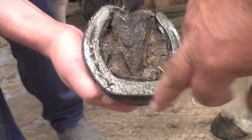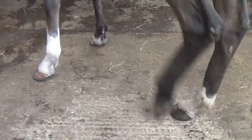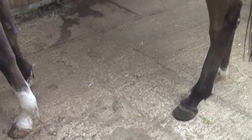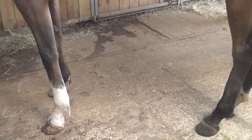But we're going to have to put something on it and roll something up there to protect it. Otherwise he'll be a cripple. You know, he'll be off his feet till his hooves grow. So while Joe's here, we're going to do that. I spoke to you the other night and told you, but that's what's got to happen. And barefooting's just no good. Not with a horse like this. Some of them, if they're doing 3 mile a week, is alright. But a horse like that, you just end up...